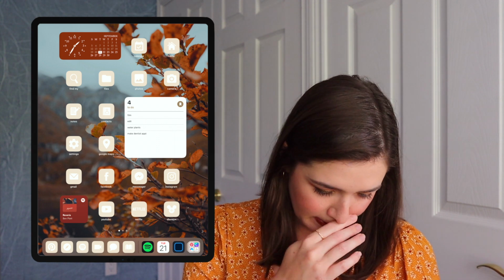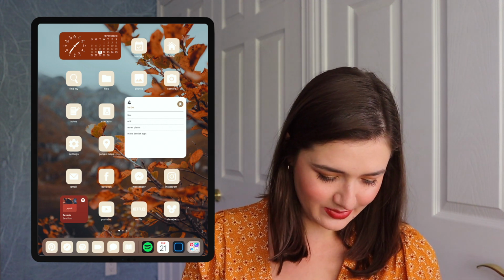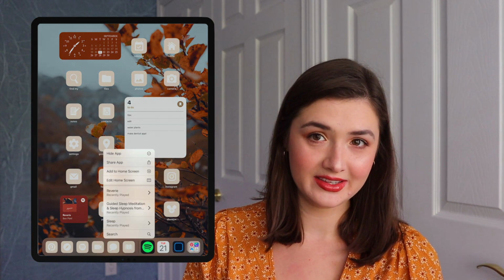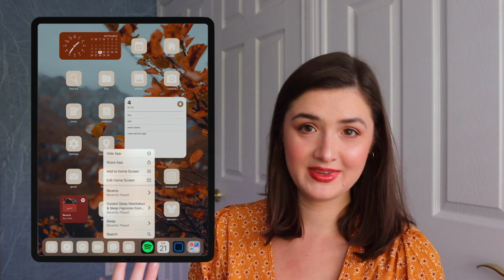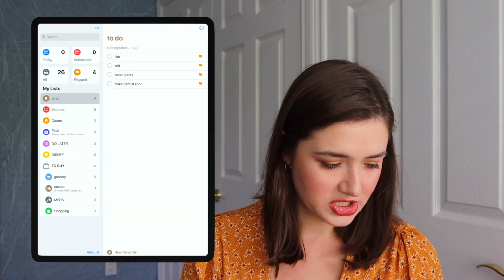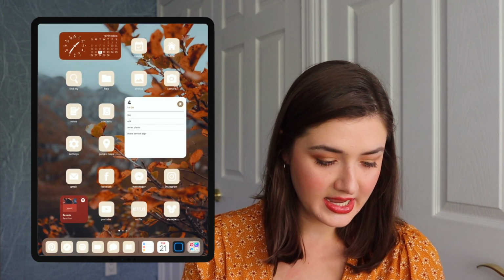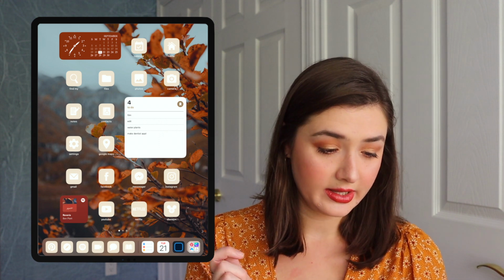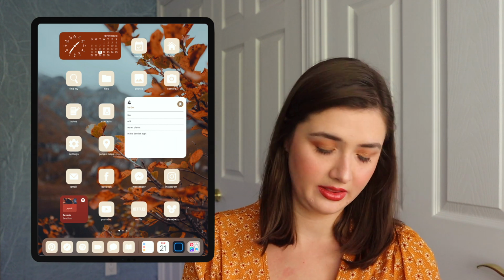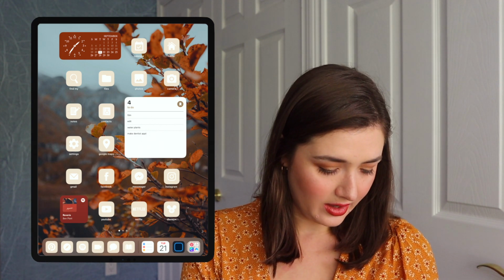So yeah, and on my bottom dock, the other sad thing is when you have apps that are recently used, they'll be on the right side of the dock and it's not necessarily customized, which kind of sucks, but whatever. And then this widget is an Apple widget. They're my reminders, and you can click it and go right into reminders. So I didn't include a reminders app. I ended up deleting the one that I had. This as well kind of sucks.